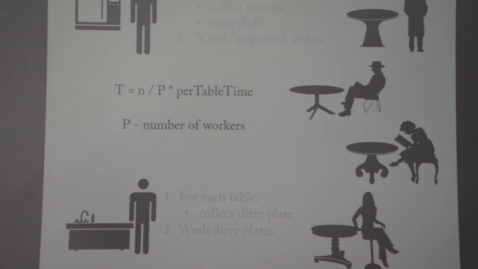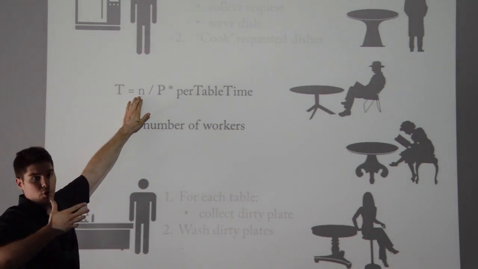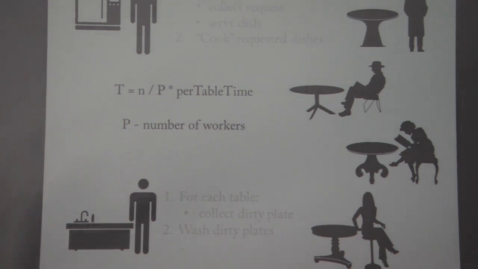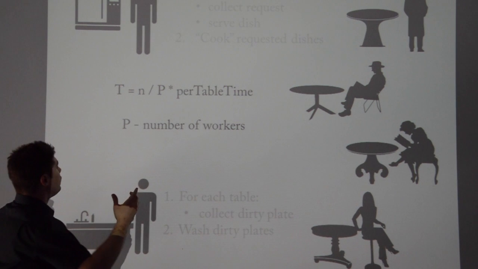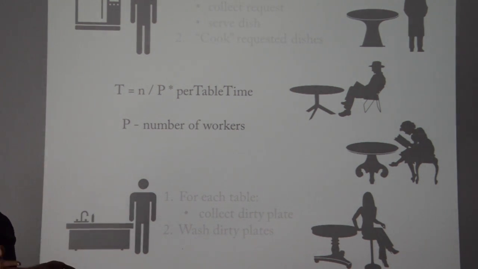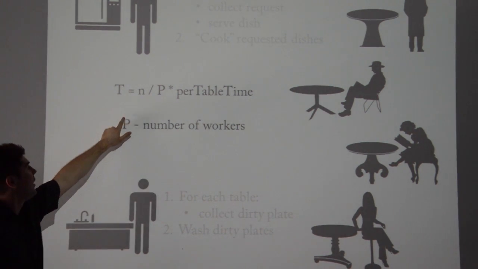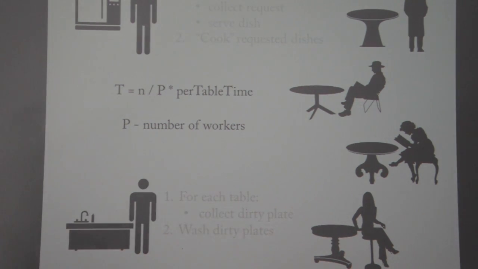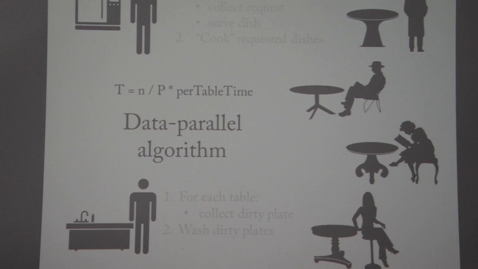And the reason why it's not good enough is because if the n grows more, this constant doesn't help you much. You can just accommodate 50% more customers, but then after that, the time starts growing again, right? What you really want to do is you want to take any number of workers, P, and divide the customers between them. And this is a different approach than a task parallel algorithm. This one is called a data parallel algorithm, because restaurant workers sometimes refer to their clients as data.